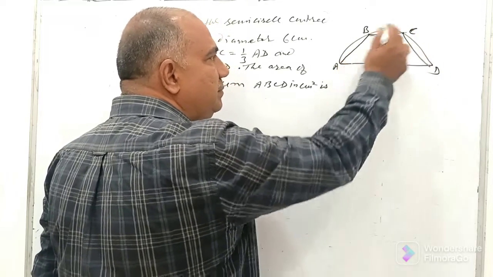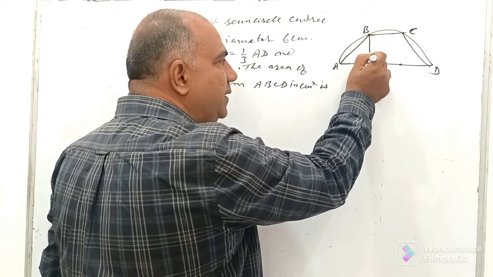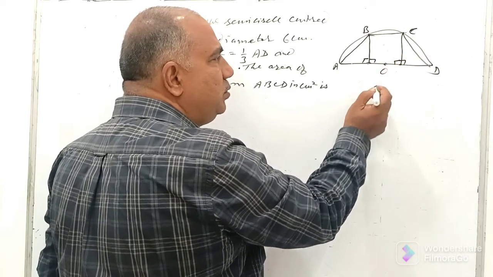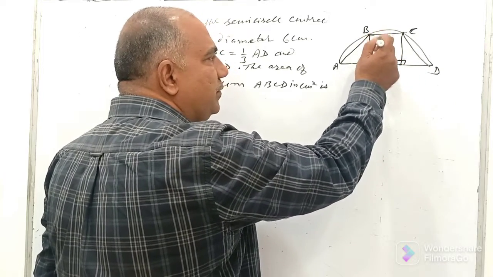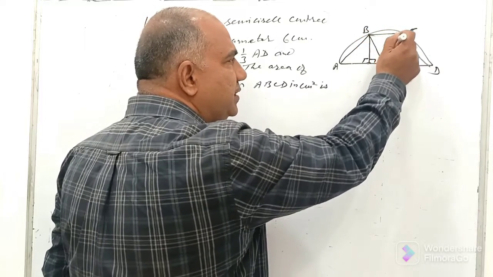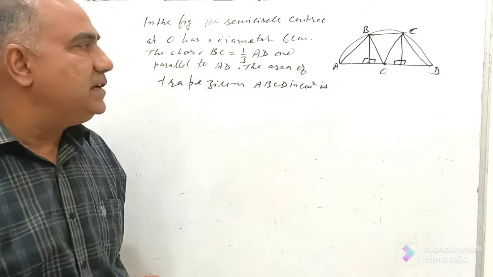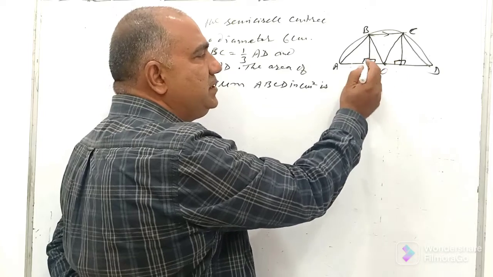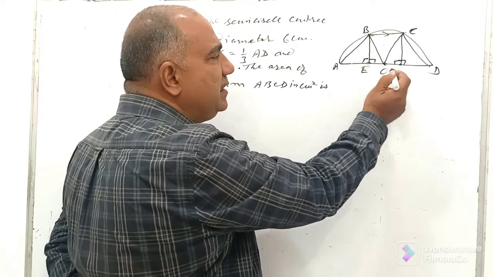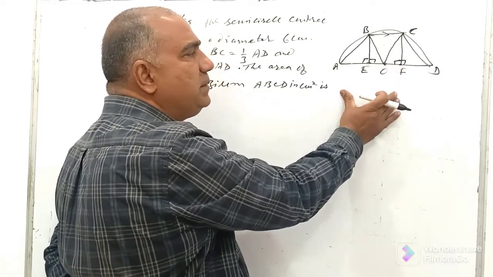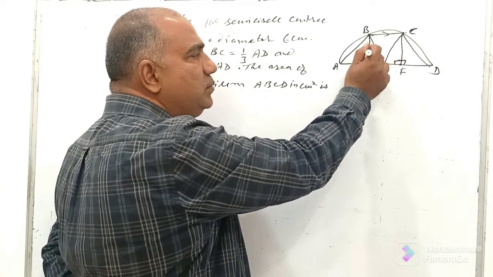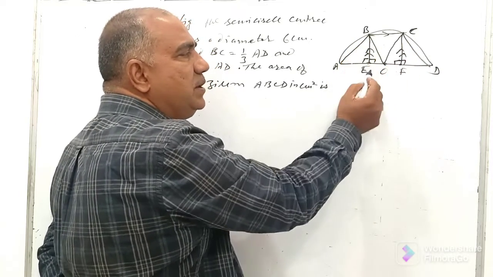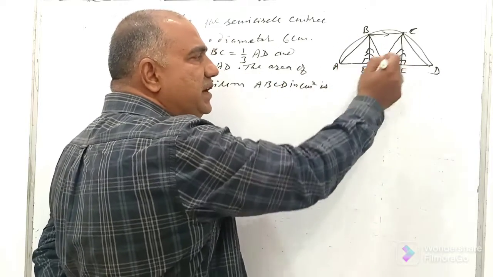Here it is ABCD. What we can do is draw a perpendicular from B and another perpendicular from C to AD, and let this be O, and let us join these. So now if you look at this figure, BC is already parallel to AD, as given to us, and since BE and CF, let me call this F, are both perpendicular onto the same line, they are also parallel to each other. In other words, BCFE is a parallelogram.